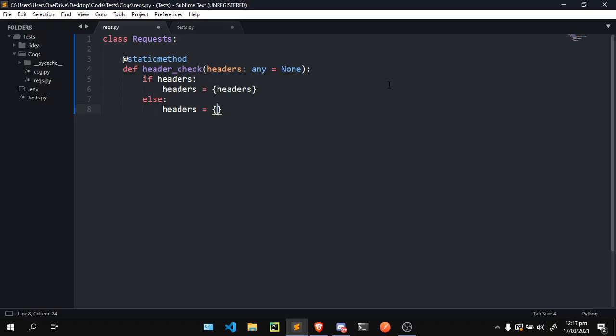We're gonna just leave this empty, okay. So if any headers are passed in, we're gonna put it into a dict. If you know how requests work, you need to put this stuff into a dict. So let's say somebody passes in